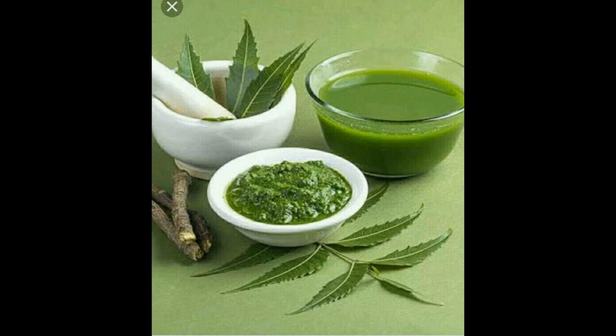10. Controls diabetes. Neem controls diabetes, which is non-insulin. It lowers your cholesterol and keeps your sugar level in the blood balanced by controlling the sugar metabolism. Neem leaves act like insulin after being digested,